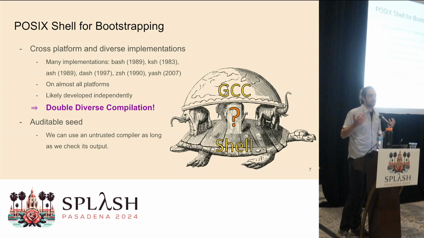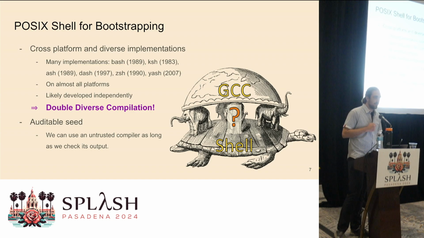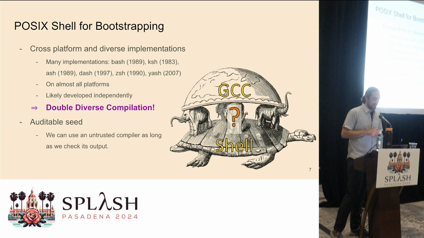They are so old that they were probably developed independently, and it also shows that it's a very stable platform, which means that it's the ideal candidate for diverse double-compilation, which is a technique with a fancy name that's basically just using different compilers that you don't necessarily trust, doing the full bootstrap with them, and then if you get the same